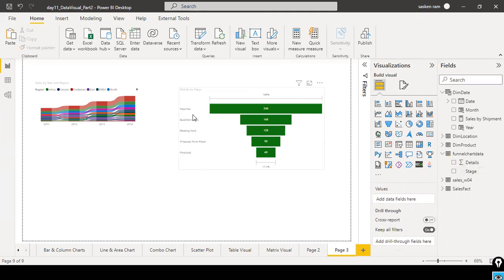So now we are able to understand quickly, right? From the inquiries to conversion, what is conversion? Finalized. 350 people inquired, at last only 60 people got converted. In between, what are the stages and how many customers dropped from one stage to another stage? You will be able to understand. By understanding this, you will get to know why